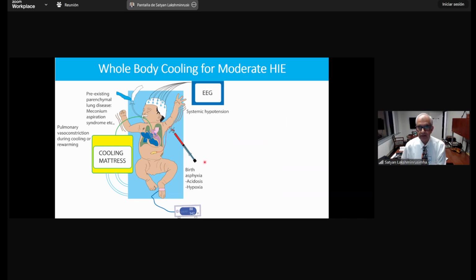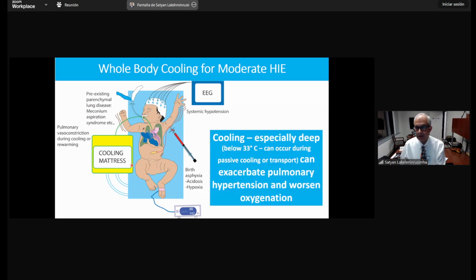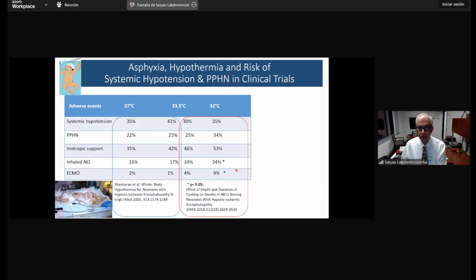So again, the fact that these babies get cooled and the reduced temperature can result in pulmonary vasoconstriction. It's important to note that not only is cooling a dangerous period, even rewarming can cause systemic vasodilation and drop systemic vascular resistance and exacerbate PPHN in these babies. So cooling, especially deep cooling, that can occur during passive cooling or during transport, can exacerbate pulmonary hypertension and worsen oxygenation in these babies. So when you look at the data from the NICHD NRN Neonatal Research Network trials conducted